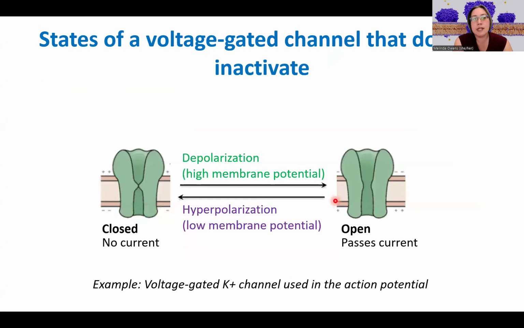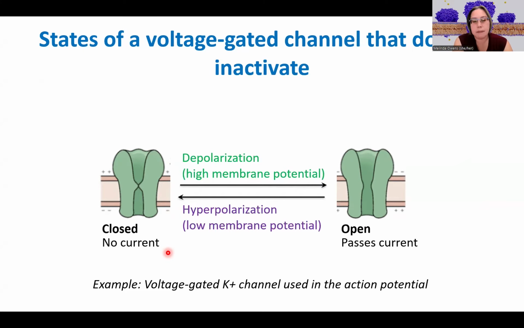And so you can summarize the states of the channel like this. There's a closed state where there's no current, and there's an open state where there is current. And the way that you go between those is through depolarization, it goes from closed to open, or hyperpolarization, it goes from open to closed. For the most part, this is what is going to happen